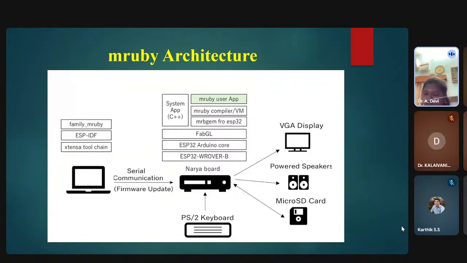So together the process is much simpler. The developer writes the Ruby scripts, compiles them in ESP-IDF, and then flashes the firmware onto the board using serial communication. So once the code is ready, it is uploaded to the Naria board via serial communication. This step updates the flash memory of the ESP32 with both system software and the mruby runtime. So basically, the laptop prepares the brain, and the board receives it. That's it. At the center, we can see the Naria board, which is powered by the ESP32 WROVER